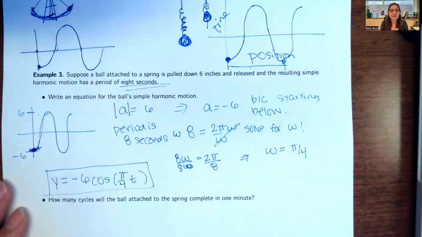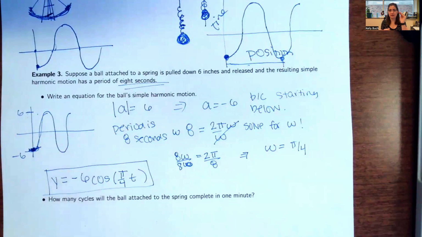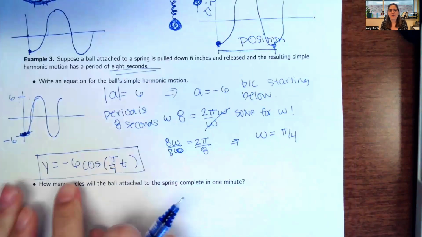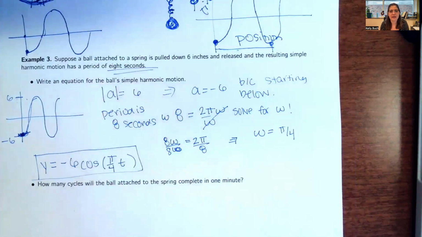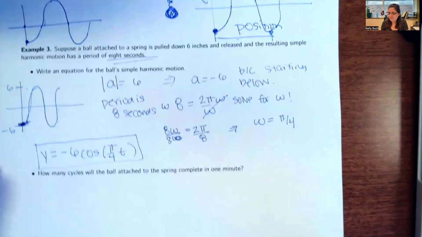And now, just using these two pieces of information, the original distance down and the amount of time that it takes for one cycle to occur, now I have a whole model, and I can use this model to answer questions like, what will the position of the ball be at 2 seconds or 12 seconds or all these different points of time? Or what time would it be when the position is at this amount? Now, the backwards of that would require solving an equation that we haven't learned how to do yet. But later in the semester, we'll figure out how to do those things.